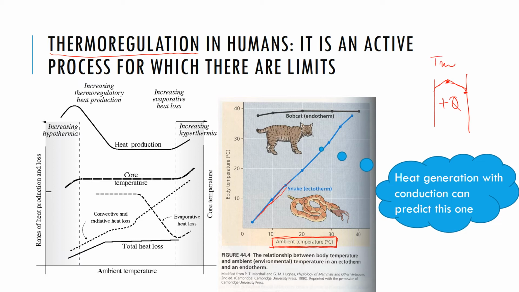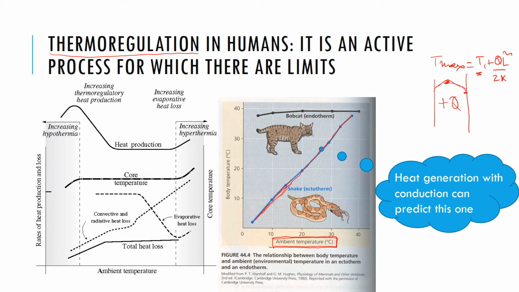Remember, we had a formula like T max equal to T1 plus QL square over 2K, something like that. So maximum temperature, the core temperature, keeps changing with the surroundings. And so here we have a situation that is sort of close to that, where the core temperature keeps changing with the ambient temperature. But